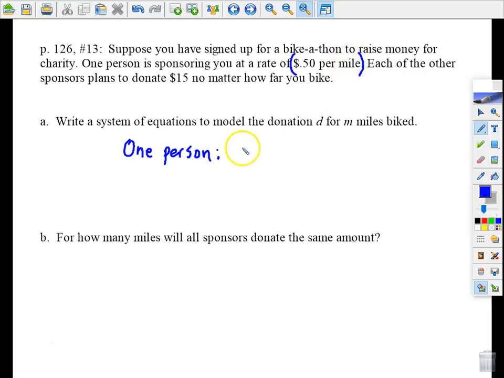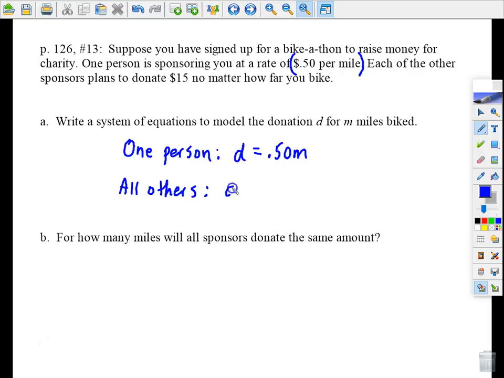So this is pretty easy. The one person, I'm told to use D for donation, and my slope is 0.5 times the number of miles. So that's the equation for the one person that says they're just going to give you 50 cents for every mile you bike. Everybody else, we'll just say all others,